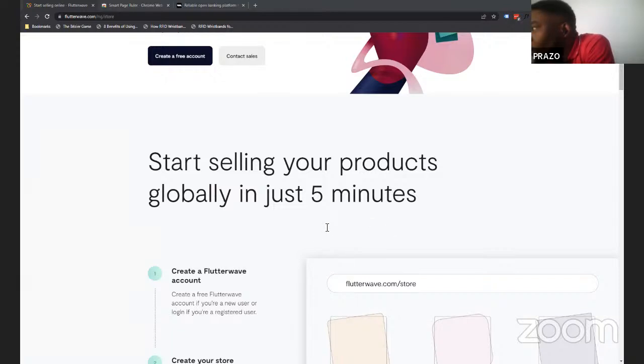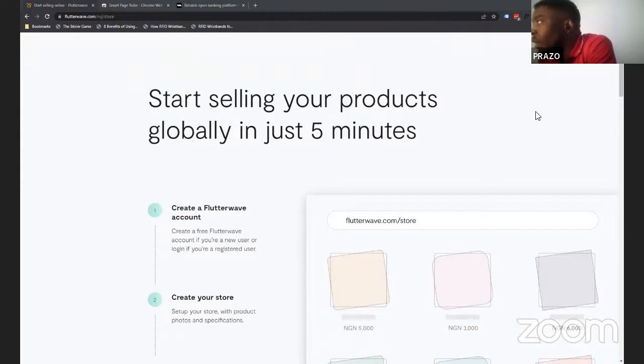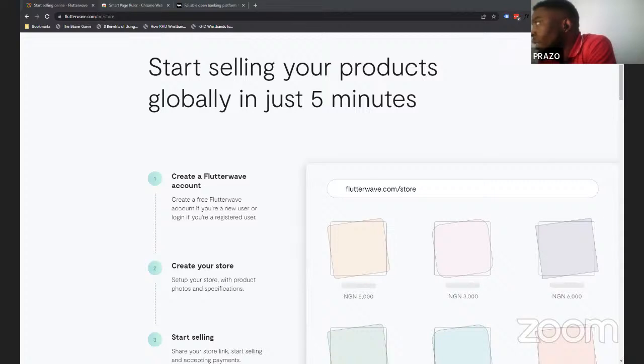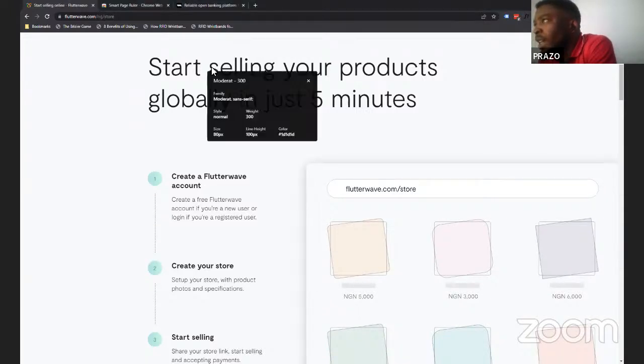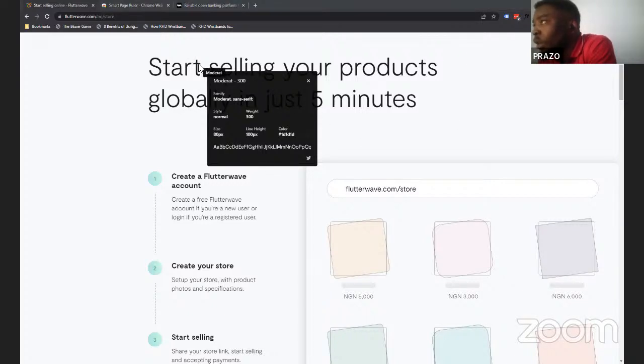So how did you get the font weights? No, I didn't just copy from the website. I'm answering James now. I got the font weights using this extension. If you were here when we started, I introduced some extensions. So we are using WhatFont. With WhatFont, you can select this extension, click on the text, and then you can see what they are using. So here we have 300, the size is 80, the line height is